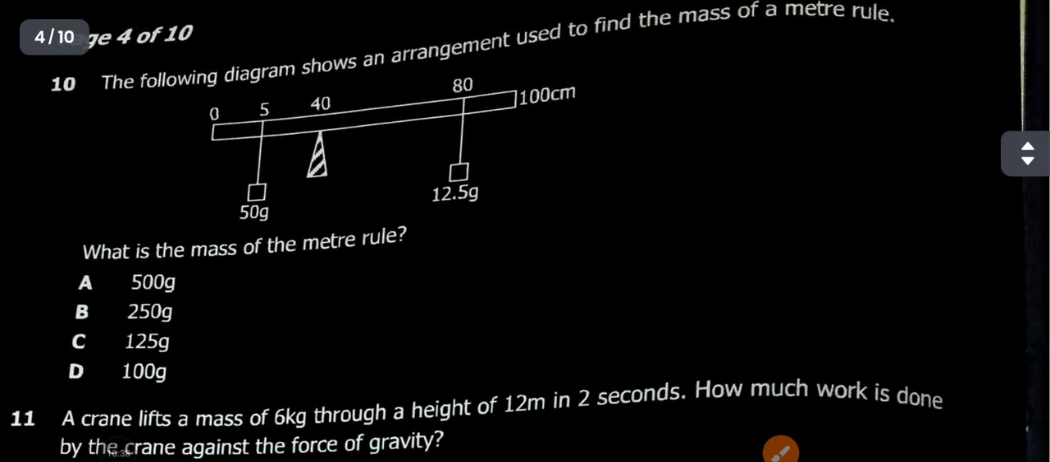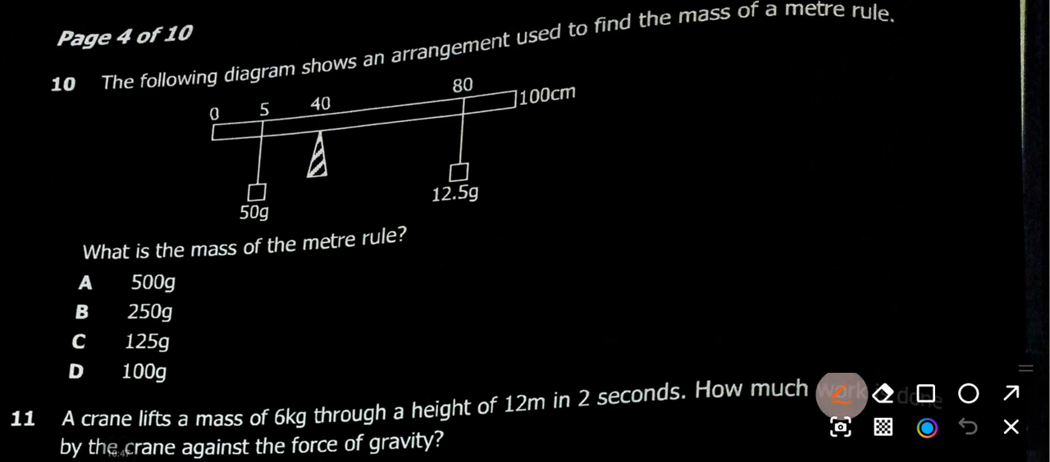Question 10. The following diagram shows an arrangement used to find the mass of a meteor. What is the mass of the meteor? The mass of this ruler here acts at the center. So it acts as the geometrical center of